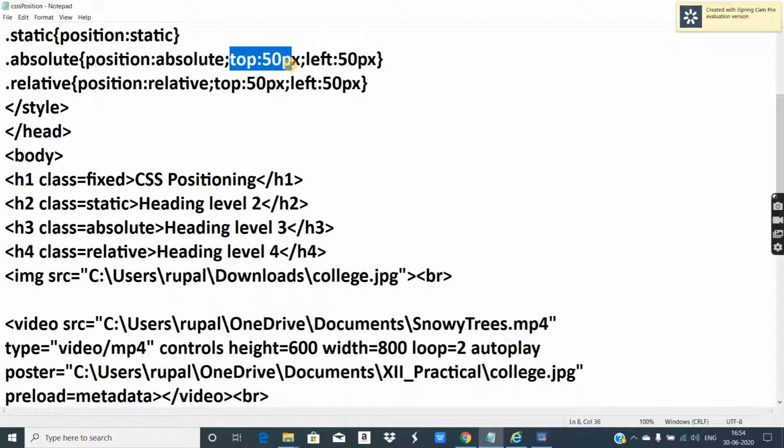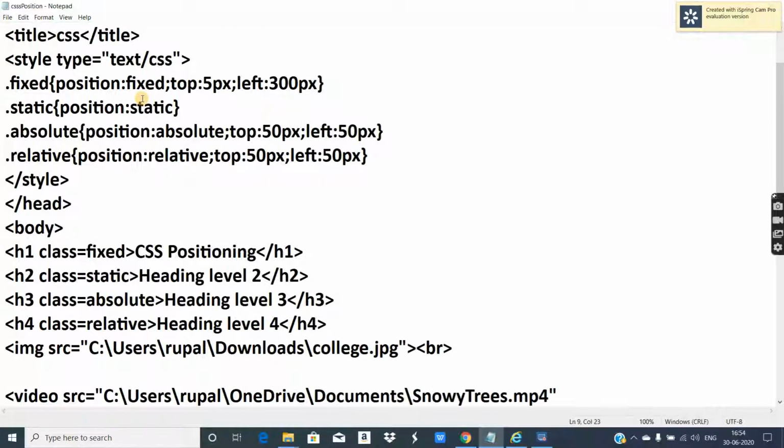So it is totally flexible. You change this to 60, it will shift down 10 pixels. If you change this to 200, it will move away. So absolute means it depends upon the user value, and relative means it considers the previous value, recalculates, and then displays a little bit far away from the previous element. So these were the four positions in CSS.